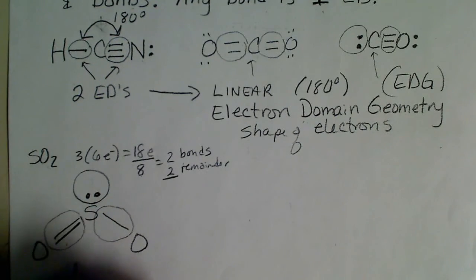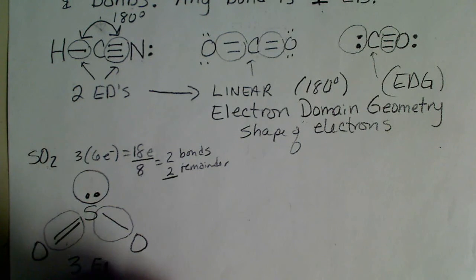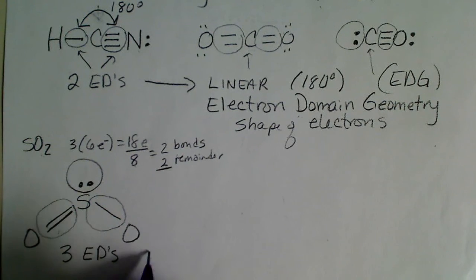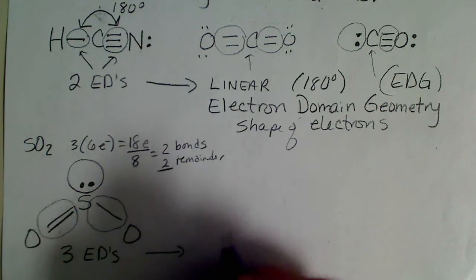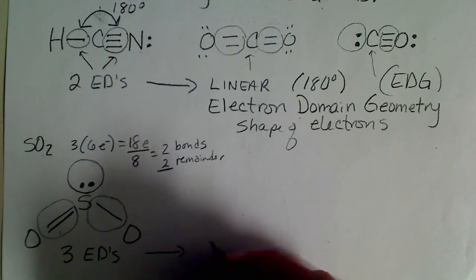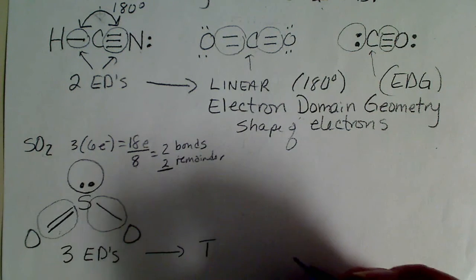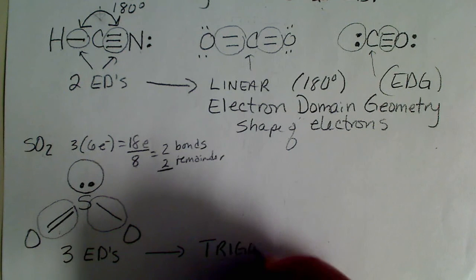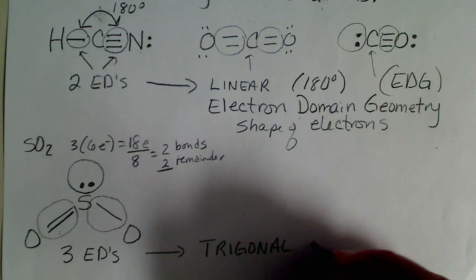And so here we would say this is 3 EDs. And if we tied 3 balloons together, we would get a shape called trigonal. Well, basically we get a perfect triangle. But we say trigonal planar